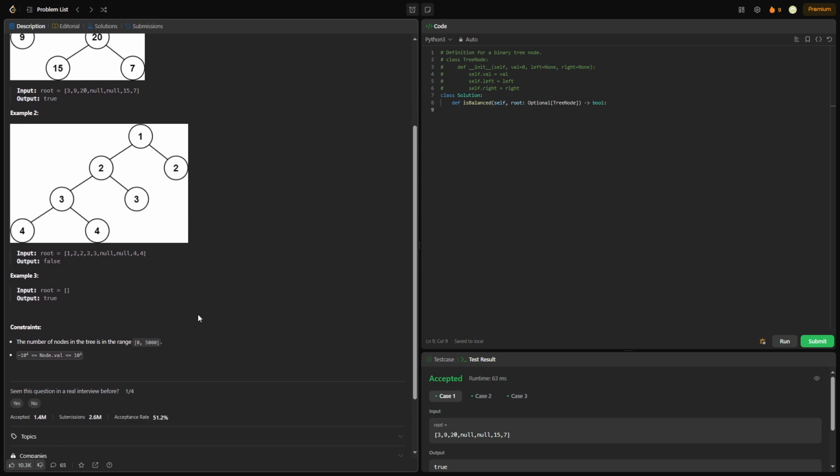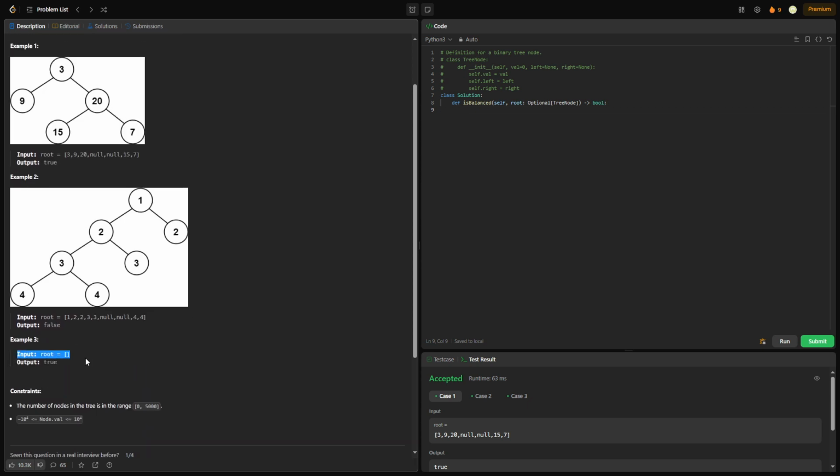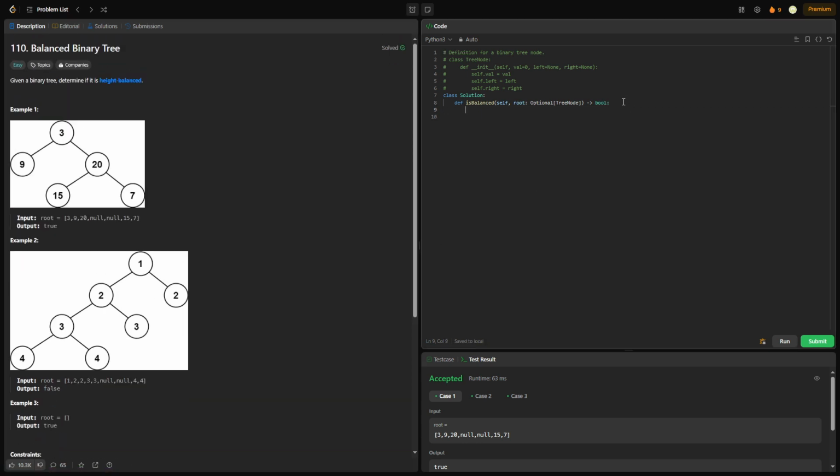And, yeah. Also, I don't remember if I said it or not, but empty tree, we need to take care of that, right? If we're given an empty tree, that can be an edge case that we're given an empty tree as an input. So let's handle an empty tree case first, right? So if root is none,